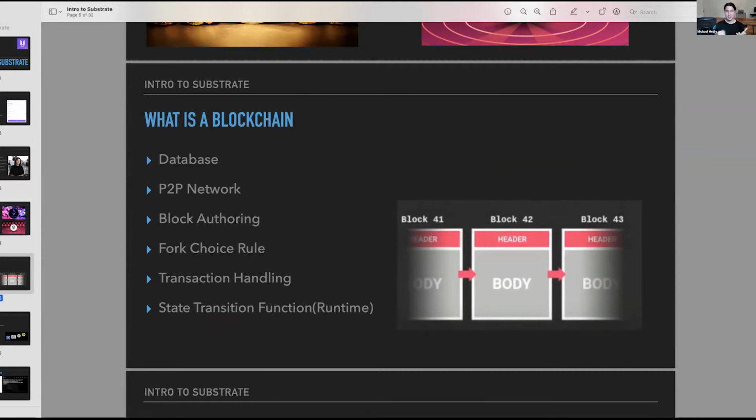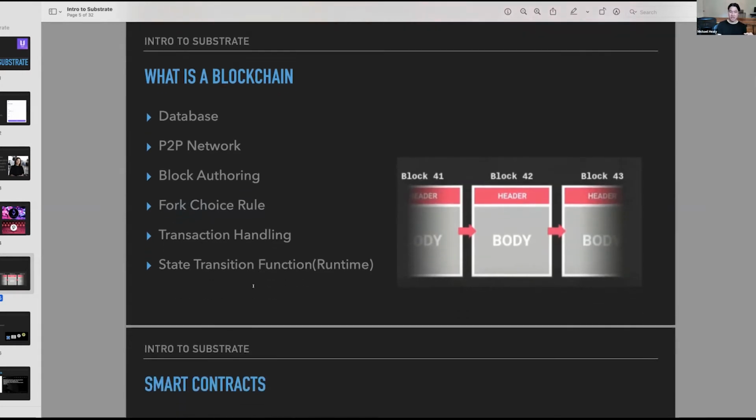You can think of blocks like pages in a book, or like boxes where you're putting information in, and then you close the box. You can't touch that box anymore. You've got a new box. You've got a way of determining how to fork the network. You've got ways to handle transactions, and you've got the runtime, which is effectively how the network functions and chooses to operate. So these are components which all kinds of blockchains use, whether it's Ethereum or Bitcoin or Solana or Algorand,